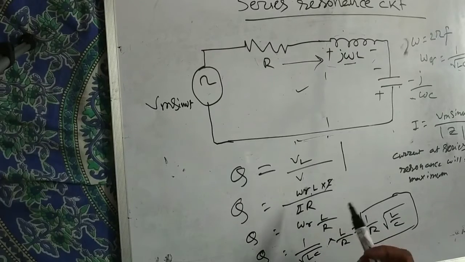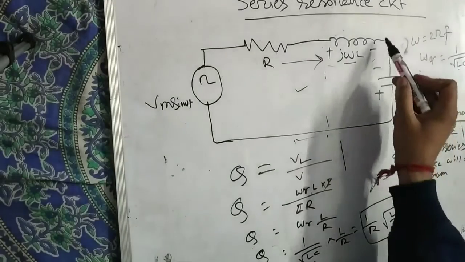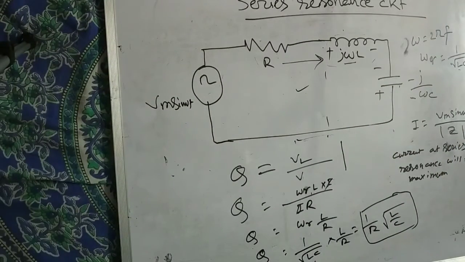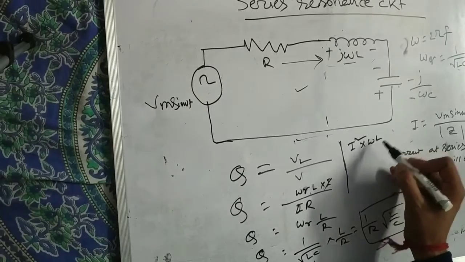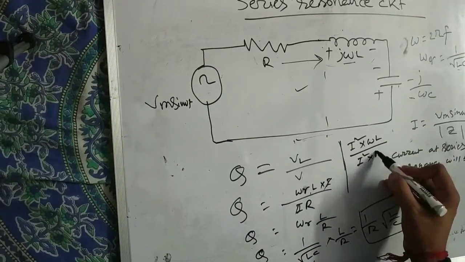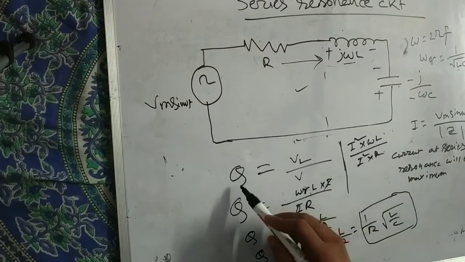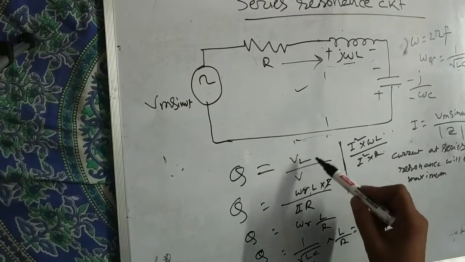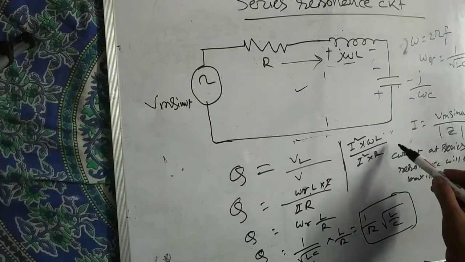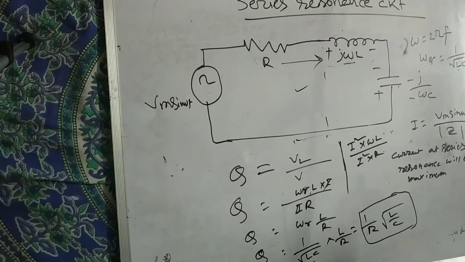By the quality factor, we can also derive the total reactive power in the circuit. We can write it as I square into omega L by I square into R. So the total reactive power by active power at resonance condition is also the quality factor. In this circuit we can write it as a voltage ratio, and we can write it as a power ratio. So this term is also important, you have to remember this.